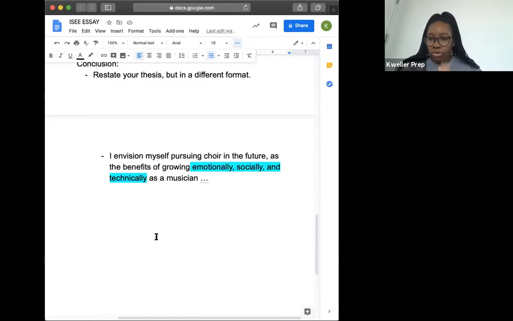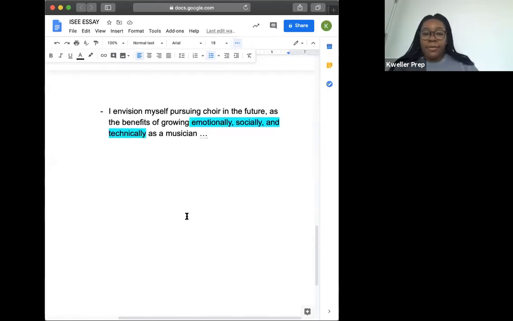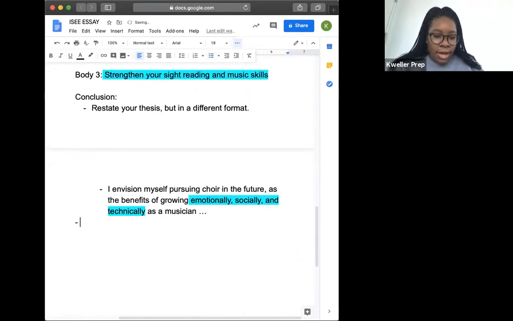So while you were really focused and streamlined on choir, you can ultimately broaden this idea to joining clubs as a whole, or joining an extracurricular activity as a whole. Or perhaps you could stay focused in, actually no, you did that. You brought it into your future as a musician. But now what you want to do is, again, broaden it even more. So you want to connect it to a larger idea. Or you could say something along the lines of ultimately,